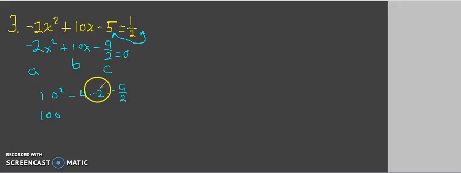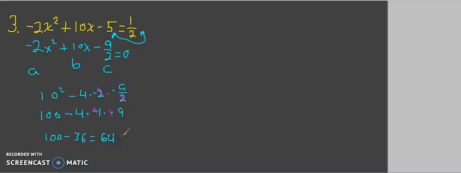So let's go ahead and cancel these terms right there, and we'll get negative 4 times negative 1 times negative 9. Again, these terms will cancel, and we'll be left with 100 minus 4 times 9, which is 36, which is equal to